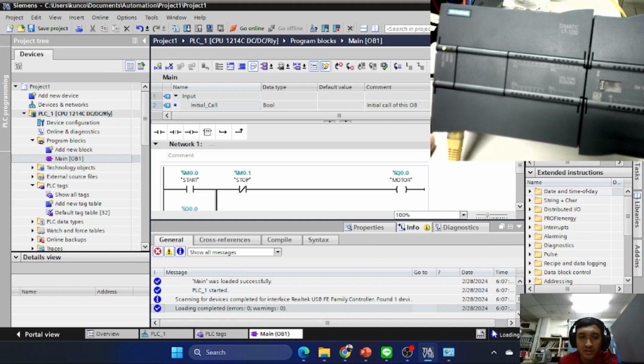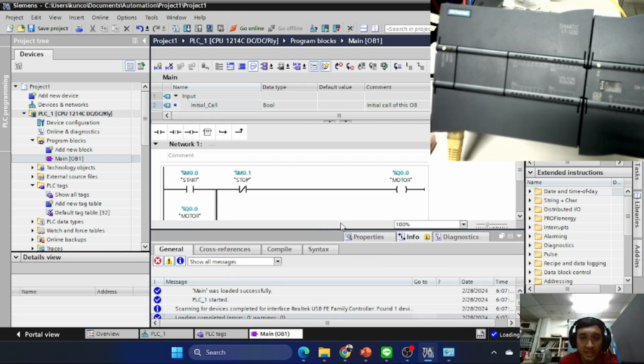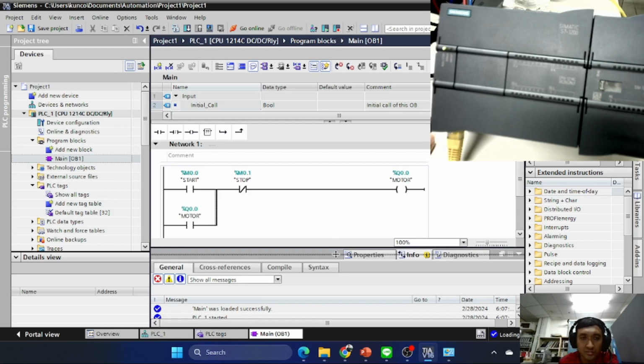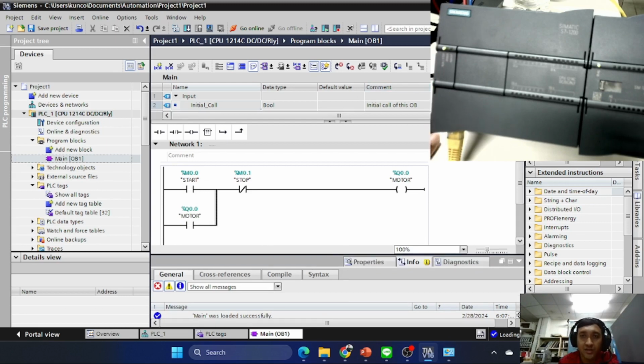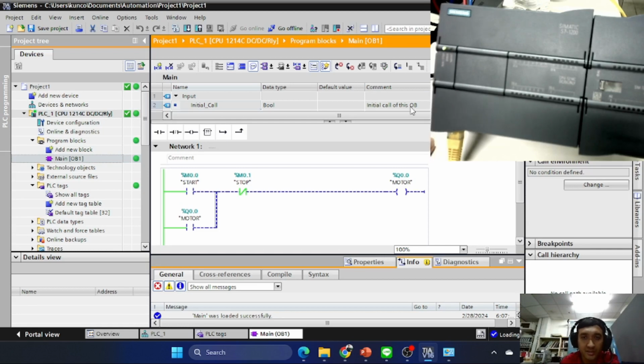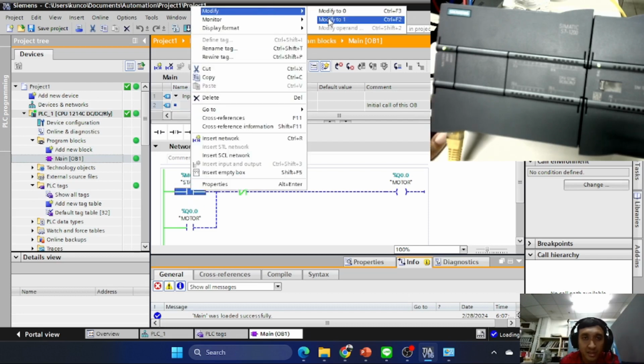Okay, the load is complete, and now we can try to simulate or run the program. We can click here, monitoring on/off. Waiting for the process, and we can see here, we can push Start with a right click on Start, then Modify with 1.